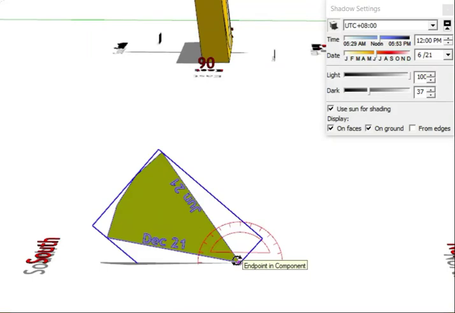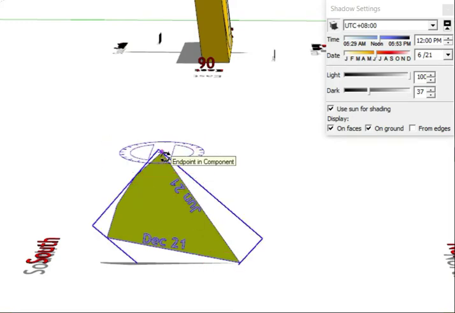That will contribute to the heating of the house. When it is June, during the summer months, the angle is much steeper,